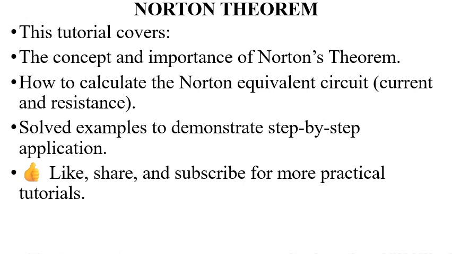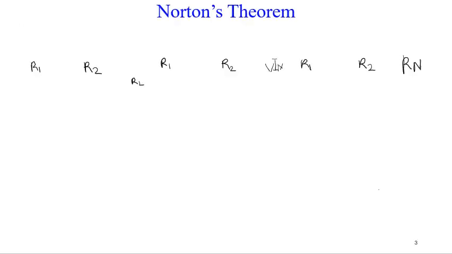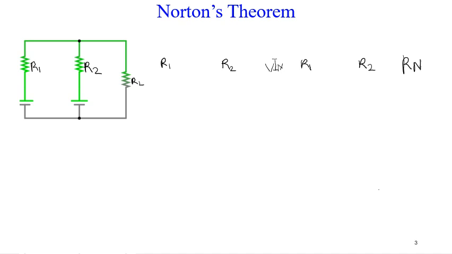So without wasting much time, let us dive into our Norton's theorem concept. Norton's theorem says that when a circuit like this is given to you, we have our resistors here, our voltage sources here, and all the resistors here. To find the current, let's say across this load resistor RL,